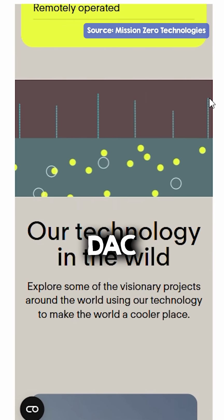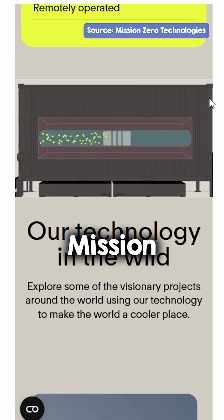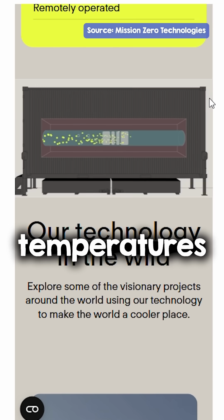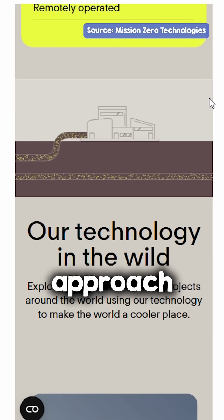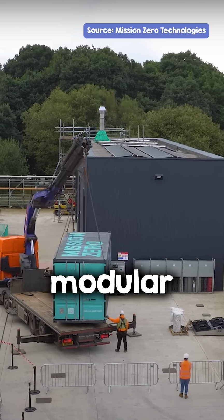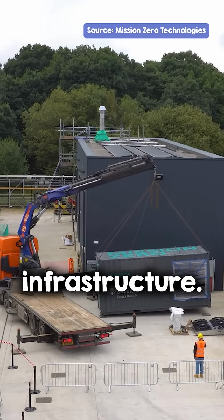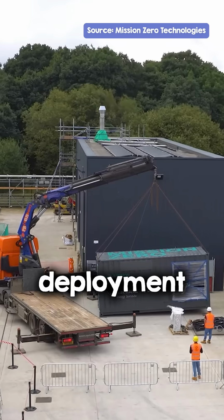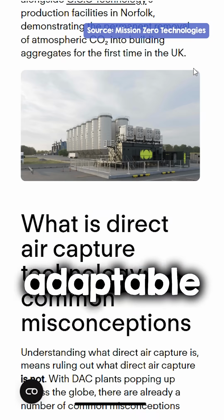Unlike many other DAC methods that require high temperatures and energy-intensive processes, Mission Zero say that they operate at lower temperatures and pressures, making it more energy efficient and cost-effective. Mission Zero's approach stands out for its small-scale modular units designed to function independently rather than relying on massive industrial infrastructure. Their compact design allows for deployment in diverse locations with minimal setup, making carbon capture more adaptable and potentially